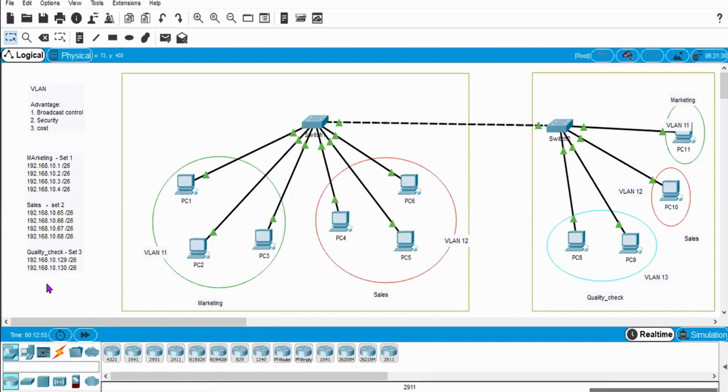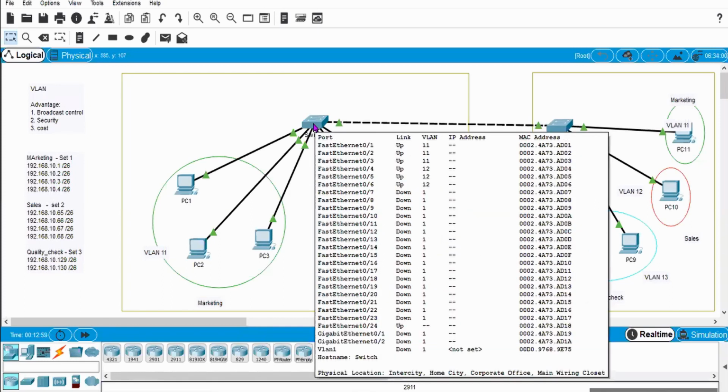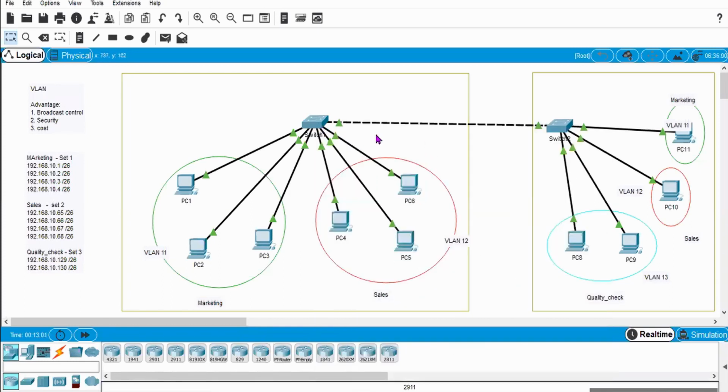We created virtual LANs 11 and 12 for marketing and sales, and 10 and 13 for the quality check department. We have defined access ports for these PCs' connections to the switch, and trunk ports between these switches in our previous lab. So all the things will remain as they are.